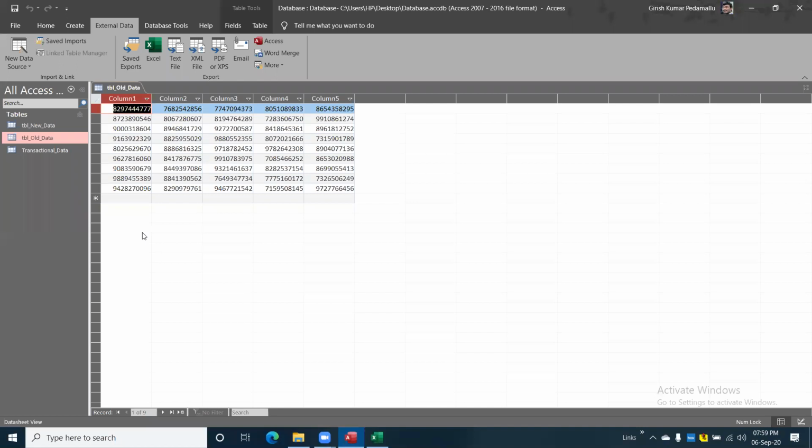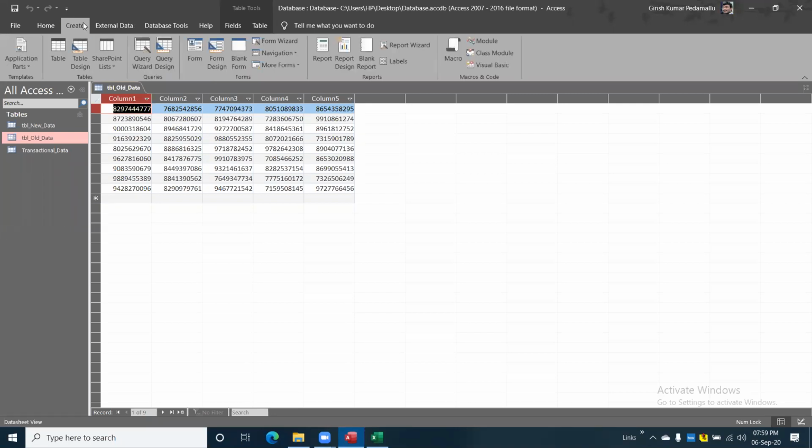Queries means SQL queries, SQL, structured query language. If you want to talk with any database, we need to use the SQL language. How to write SQL in Access? Yeah, Karthik. And if someone is not aware about SQL, how are they going to work it out? Yeah, in Access, there is an advantage.